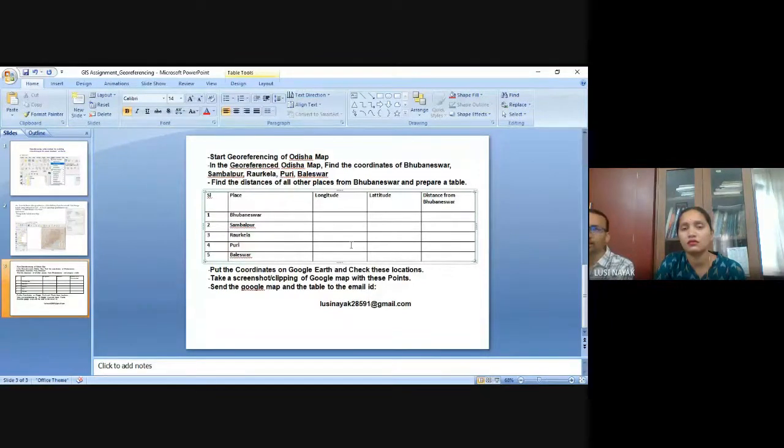In the physical mode, what happens? All of the participants are working in different systems, which we physically visit and sort out the problems. But now some little limitations will be there because you are working on your own system. Some issues you are facing, and we are unable to see what message or what problems are coming up.